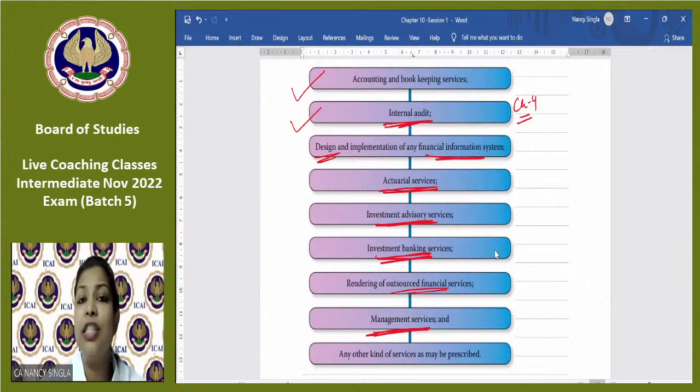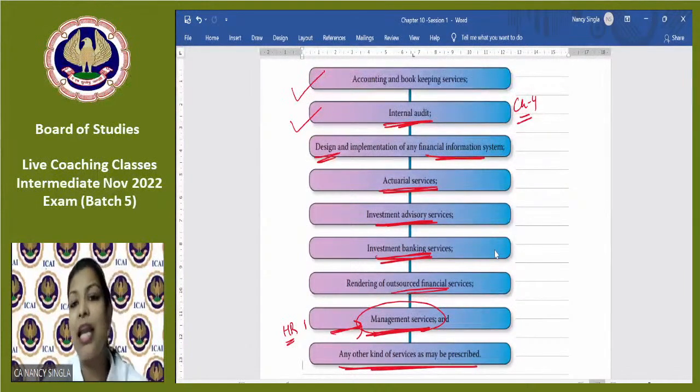Management services, see students, as management services has not been defined in the Act, so let's say the HR function, let's say the other functions related to management services. If these are being provided by the firm, then it cannot be appointed as the auditor of the company, and any other kind of services as may be prescribed. So what is the logic here? Just keep in mind, if you are checking your own paper,